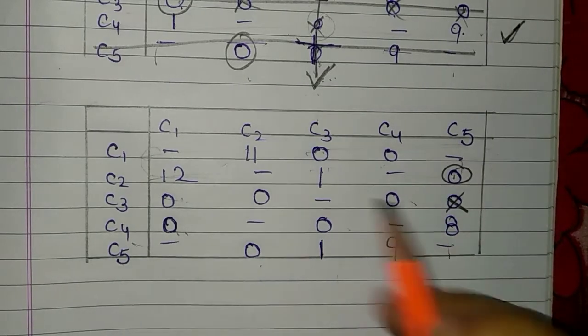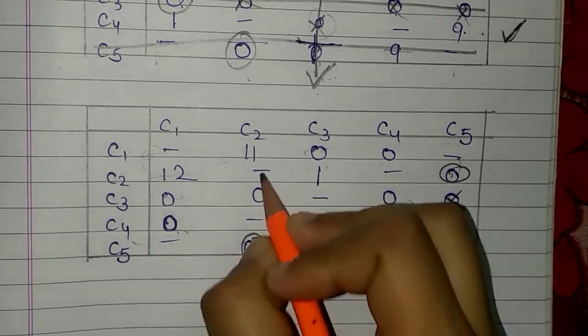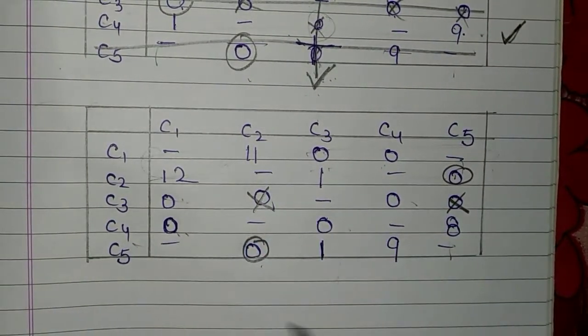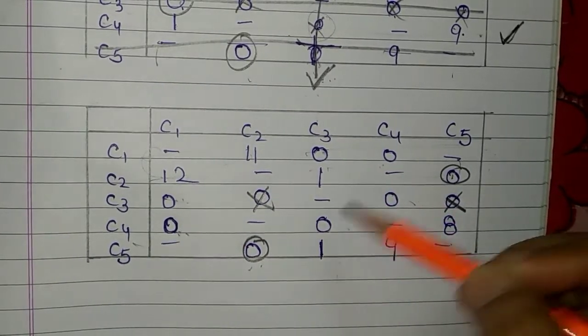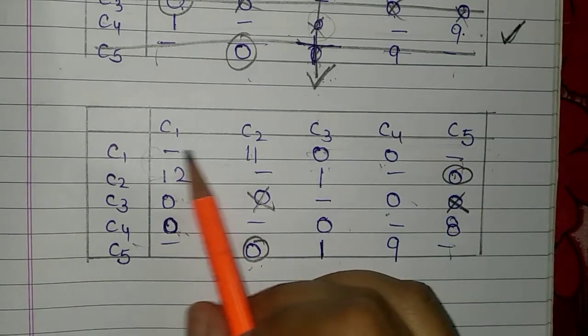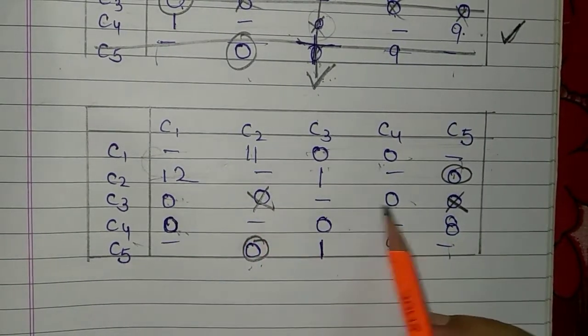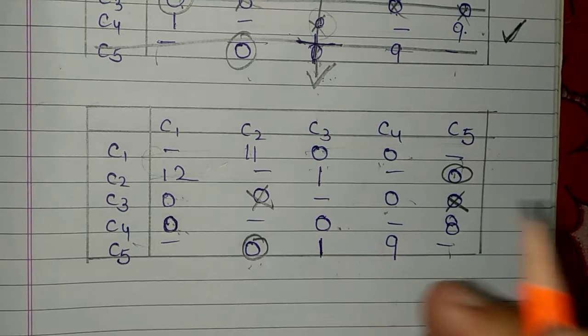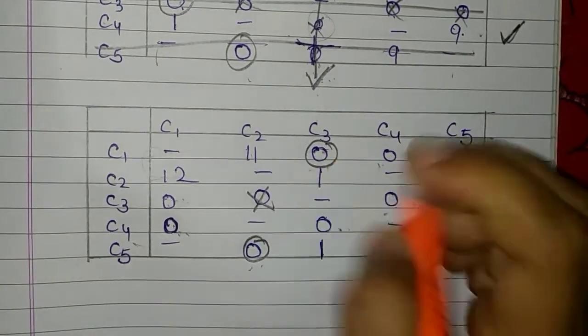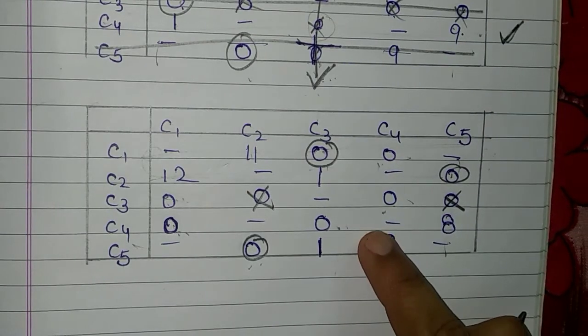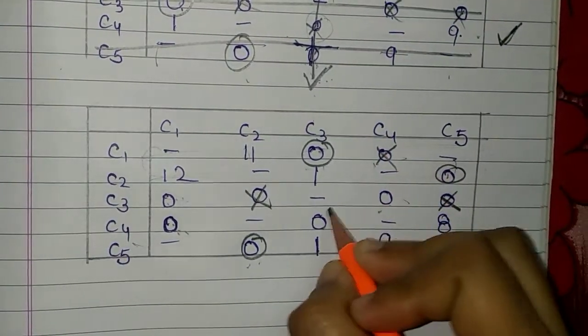And in this row there is only 1 zero, so we make an assignment to it. Their respective zeros are cut. Column wise 2 zeros, no zero, 2 zeros, 2 zeros. Row wise 2 zeros, 2 zeros, 2 zeros. So in this situation we have to give first preference to the first zero. The respective zeros are cut.